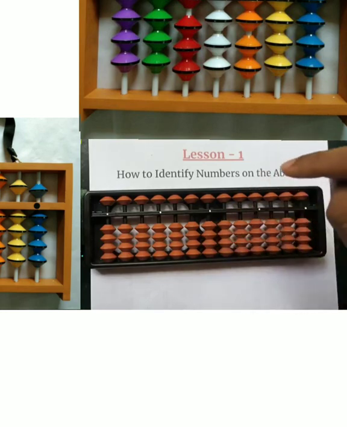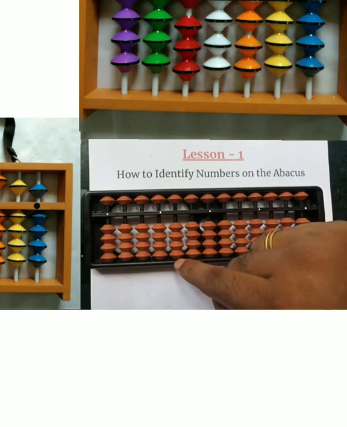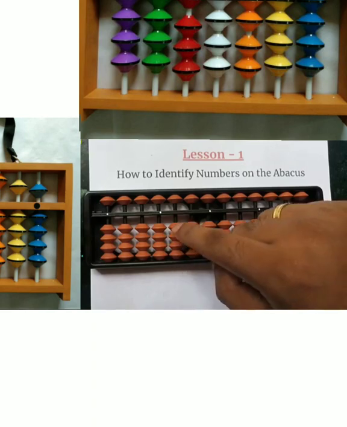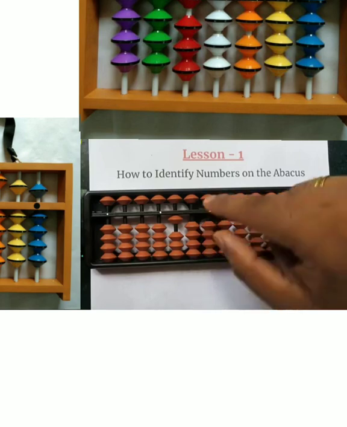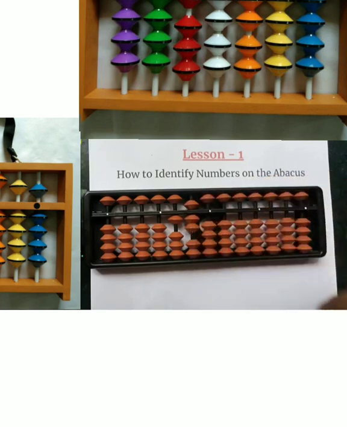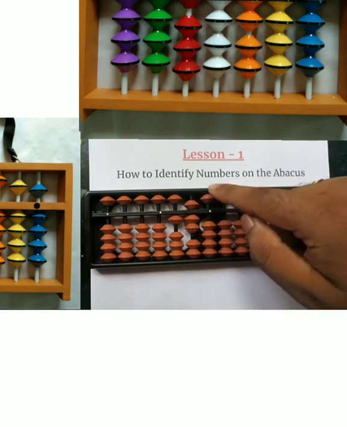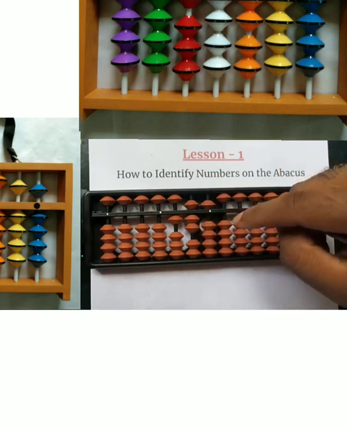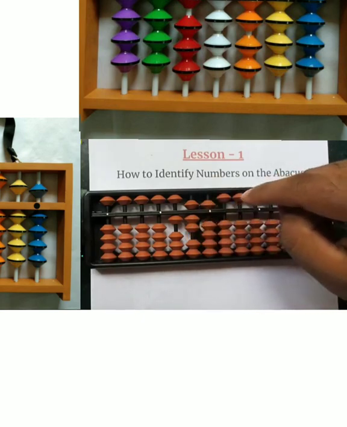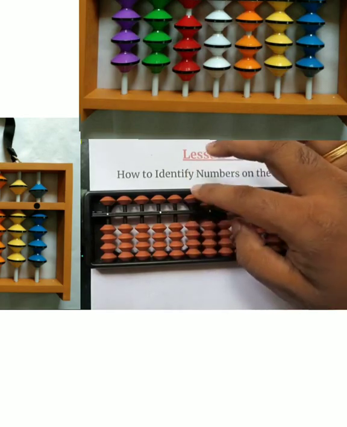175 on the abacus. So I'll start with the leftmost rod, the hundreds place rod here. This is the third rod, which is the hundreds place. So for 175, I need 1 on the hundreds place, then 7 on the tens place. So for tens place, I'll take 7 in like this, and 5 on the units place, so I'll take just the 5 here. So the number that we have on the abacus right now is 175.